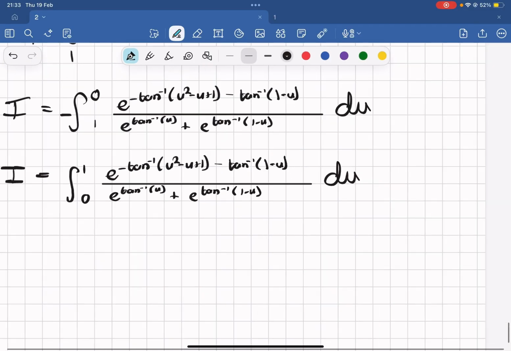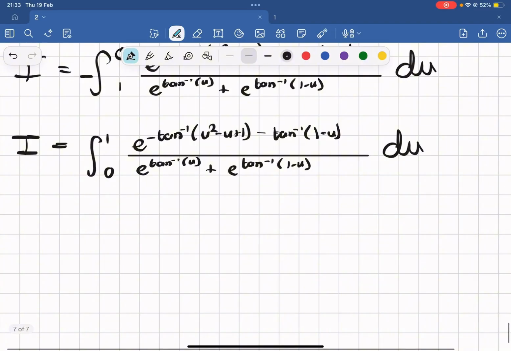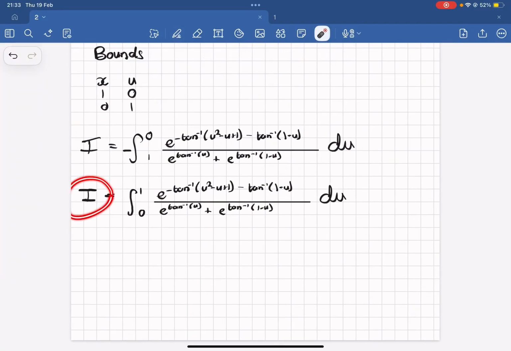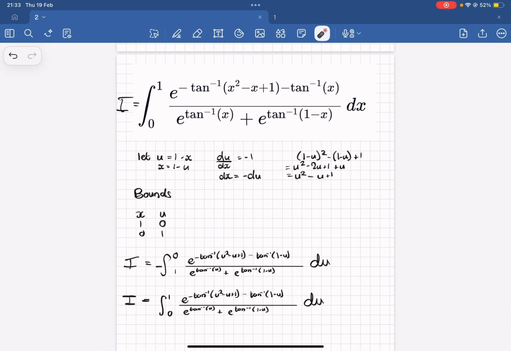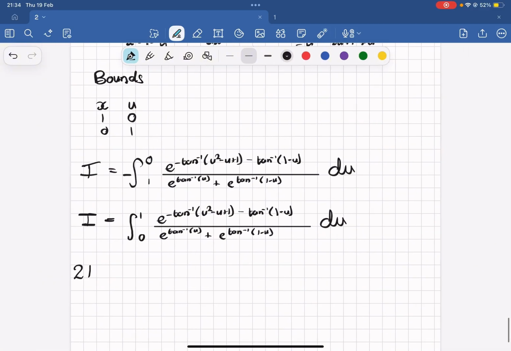Now, if we compare this to our original integral, our denominator is essentially the same, and if you look at the top, we've got the same bracket here, except here where we have x, we have 1 minus u. So I think it would be a good idea to just add them, simply adding two I's. We have 2I equals the integral from 1 to 0,